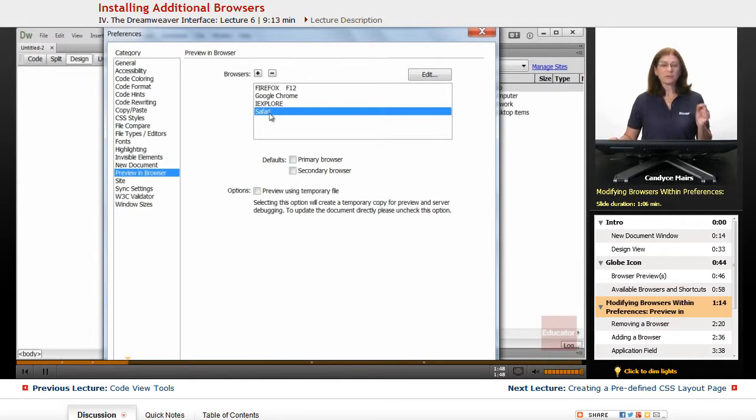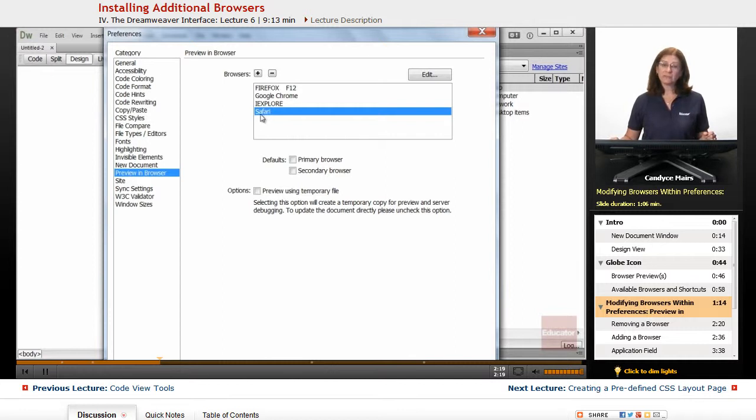Now what I'm going to do is I have Safari listed at the bottom here, and what Dreamweaver does when you install it is plug into the browsers that are on your system. But I rarely have browsers installed before I install Dreamweaver. So not all the browsers get hooked in to that Dreamweaver installation this way. And I think you'll tend to find you'll end up adding browsers after Dreamweaver's been installed. So what I want to do is show you how to remove them in case you need to, and also how to add a new one in.